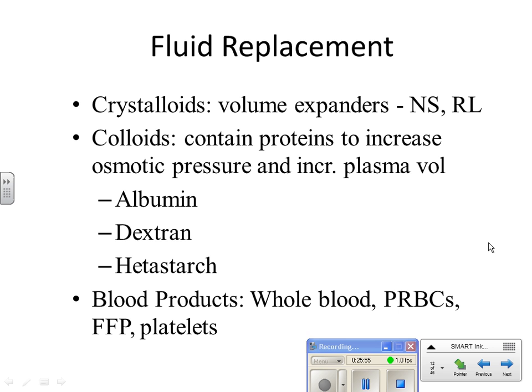Very fast. Very fast. When we talk about septic shock, 500 milliliters an hour. With burns, when we talk about burns in a few weeks, we're going to do some math and show that the patient's going to get close to 1,000 milliliters an hour, a 1 liter bag every hour to replace the fluid that they're losing. In which case, you're probably going to need a pressure bag to maximize that ability to pump that in. So that's hypovolemic, a drop in circulating blood volume, which causes a drop in perfusion to the tissues because there's not enough oxygenated blood to get to the tissues.